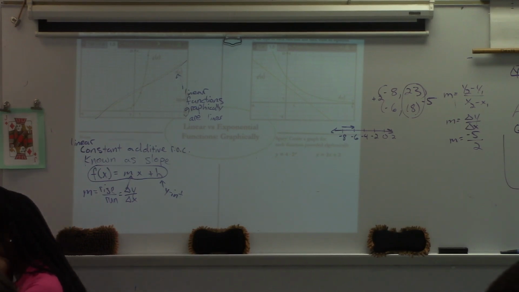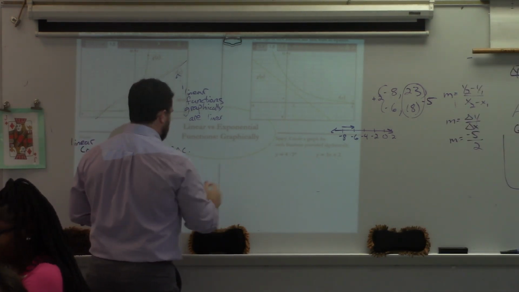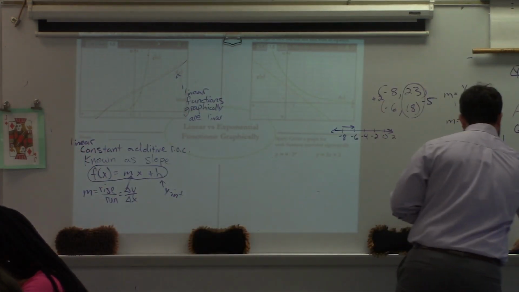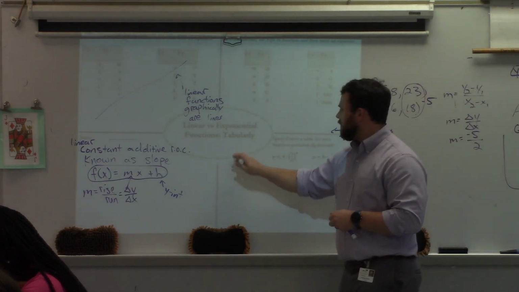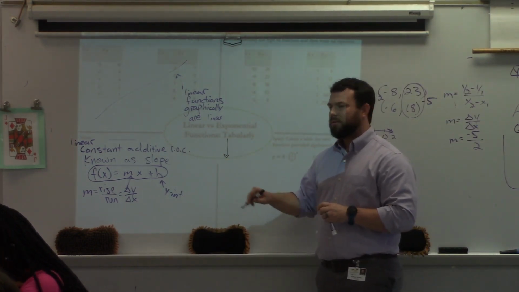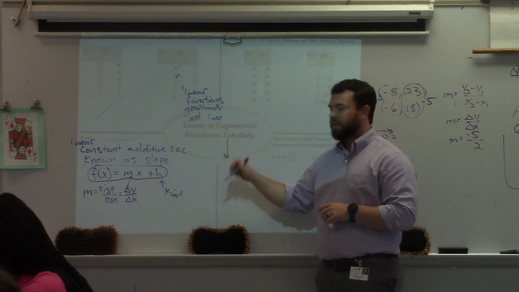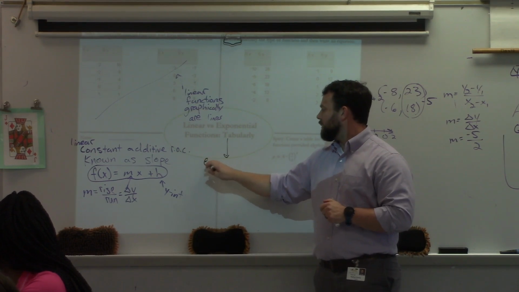Okay, so I'm going to erase, I'll just write the notes here. Going back, so exponential, right? Remember, where do we see rates of change the best, by the way? In tables. That's why I'm putting the rate of change under the table section. So when we say exponential,